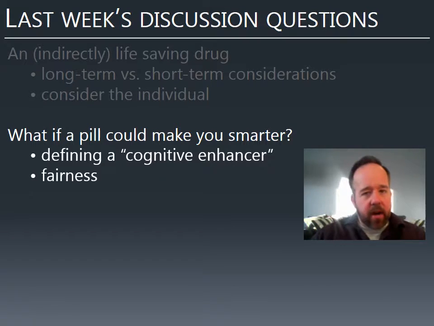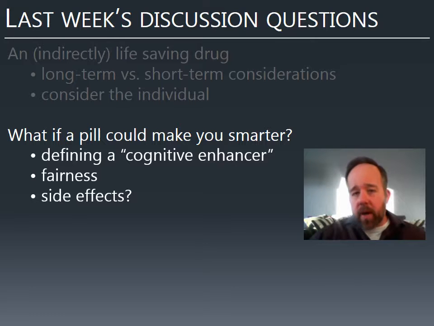The risk is that if only the wealthy are using cognitive enhancers, now not only is there an income gap, there's a biological gap in terms of ability. And so that can exacerbate itself, right? What if these cognitive enhancers allow that person to make even more money? And now you've suddenly got these two growingly different groups within society. So how do we address that issue of fairness?